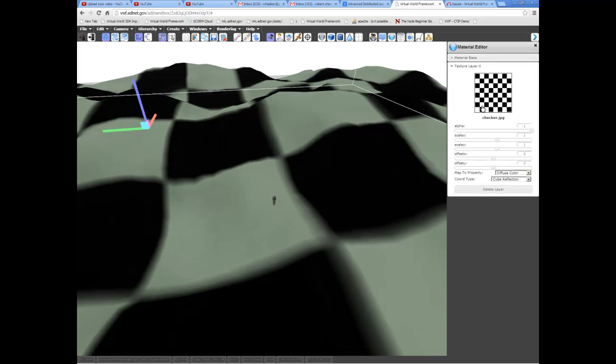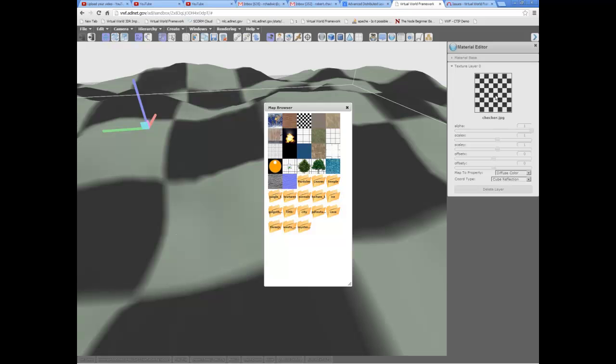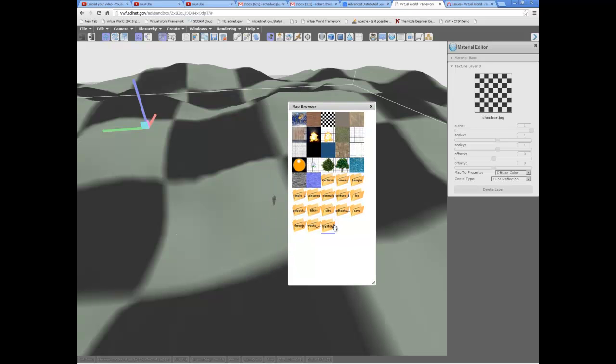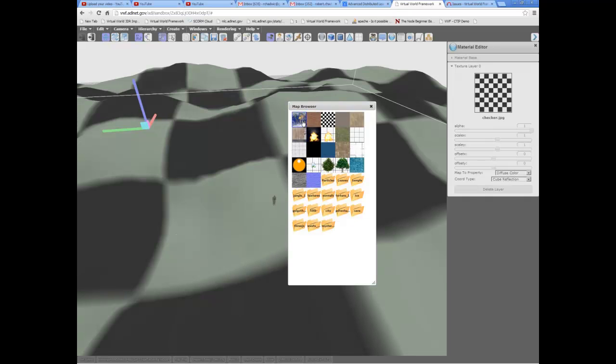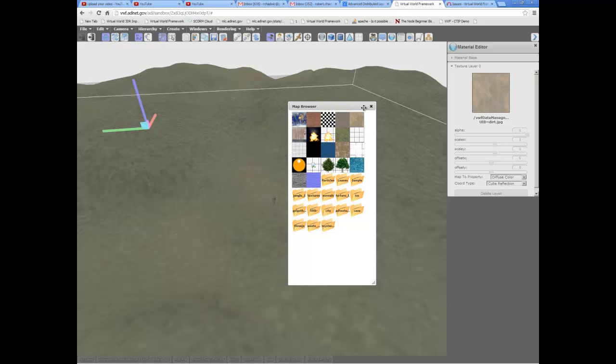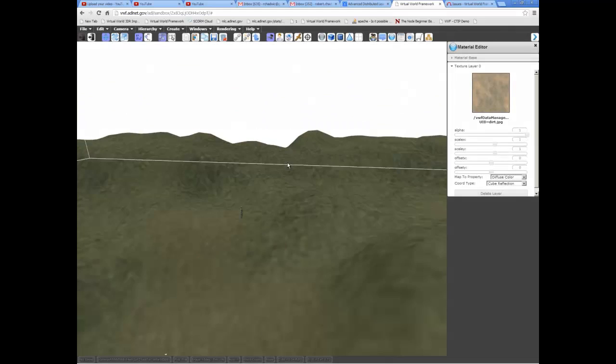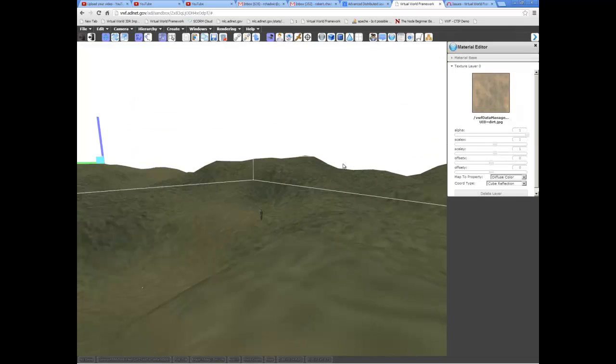All right. Let's pick a different texture. I'll click on the big thumbnail of the texture, and you'll get the map browser. The map browser has folders, and as I click through the folders, I'll see all the different textures I can choose. You hit the up arrow here to go to the first texture. I'm going to grab this gray texture, and I hit the X button, and you'll see that, okay, great, now I've loaded on here this